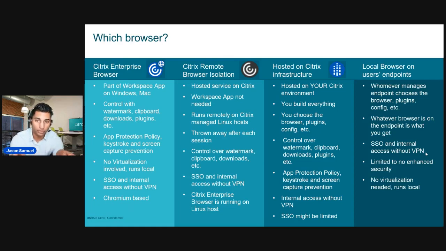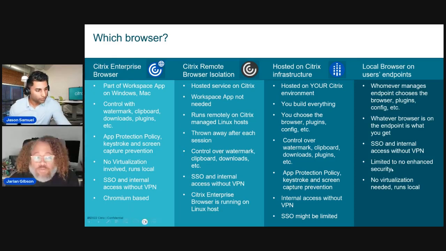Regardless of which control plane you use, would you like to see published apps be part of the Web Studio, web browsers be part of the Web Studio beyond just the published version of the web browser, but really integrating a lot of the remote browser capability, the Citrix Enterprise Browser, some of the admin controls around that? Do you feel like there's a need for that? So I'd love to get the feedback of everybody on the call to understand that a little bit more, and just see if there's something that we can do there to make it easier for you and the admin experience.